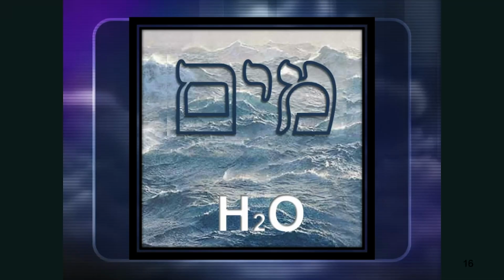Now, here's something that's interesting about this. They say the language that is the closest to the Hebrew language is the scientific language. For example, H2O. If you want to define water at its most basic level, it's H2O. Well, what do we know? In Hebrew, every letter is a word, every letter is a number. And so we can think of the two mems as the two hydrogen and the yud as the oxygen